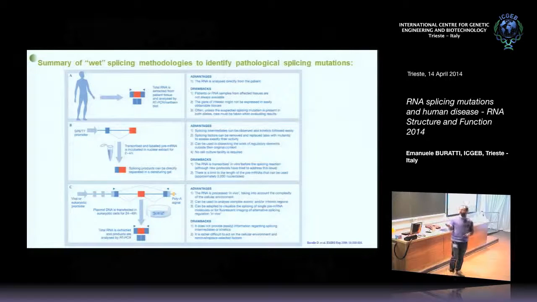And for this reason, especially in the lab where I've been working for many years, what we have done is to set up an artificial system, and these artificial systems are now very common. They are used to analyze splicing mutations all over the world, and they're called the mini-gene system. In the mini-gene system, you try to mimic the splicing process of the gene of interest in an artificial manner. For example, if you again have a patient that you think is affected by neurofibromatosis, you sequence the DNA of this patient, and you find that there might be a splicing mutation affecting